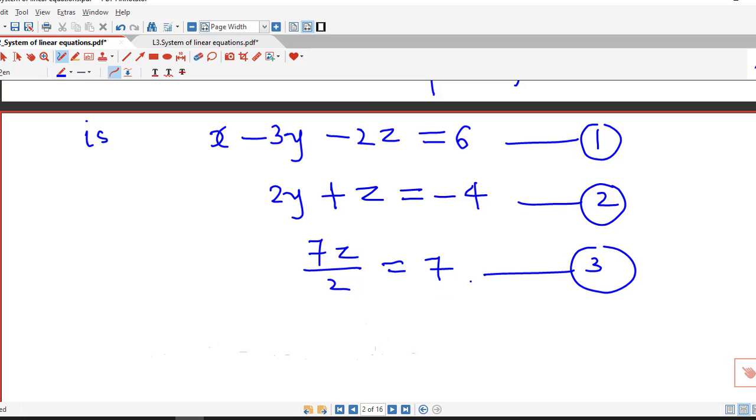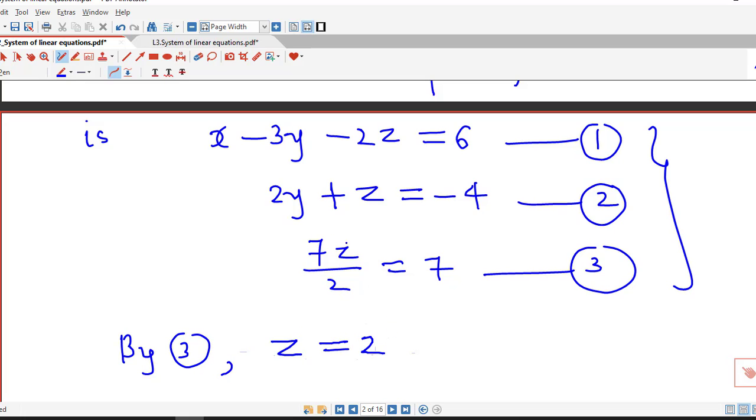So after solving this, we are able to find out the solution of given system, because this system corresponds to row echelon form, and because row echelon form is equivalent to augmented matrix, the solution sets of this system and given system are always same. So we solve this system by back substitution. That means we first solve equation 3. By 3 we can see z equal to 2. This 7 will cancel out.